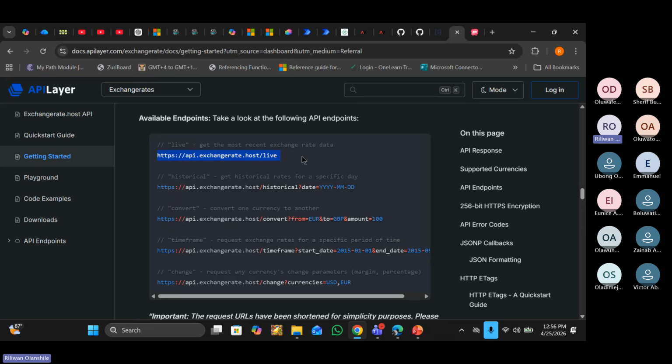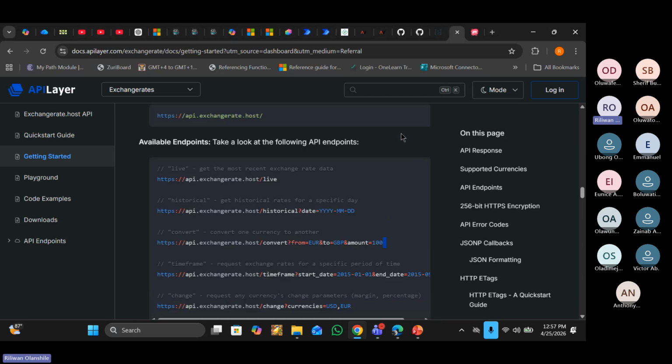This is similar to what Microsoft have done. See this first one as create item, this second one as get item, this third one as get items. That's why Microsoft split all of the actions. Those actions that we are all using, what are they in the background? They are API endpoints. That is the background of what we call low code and no code. That's the background basically. So let's proceed now.